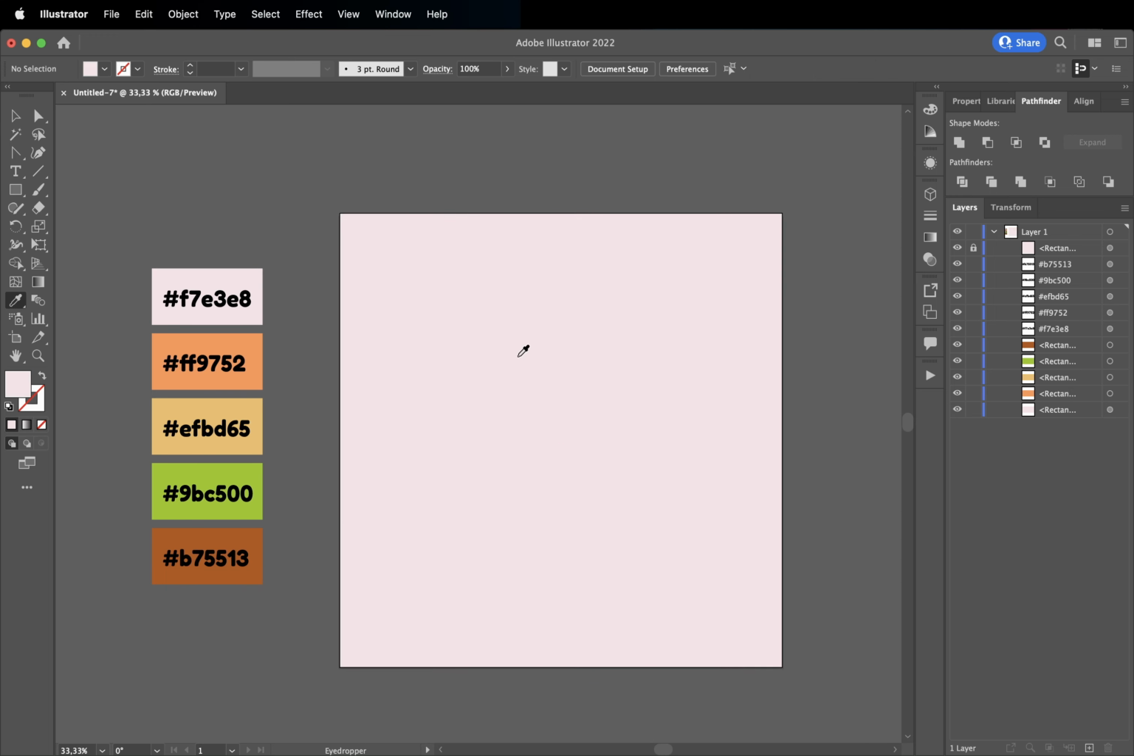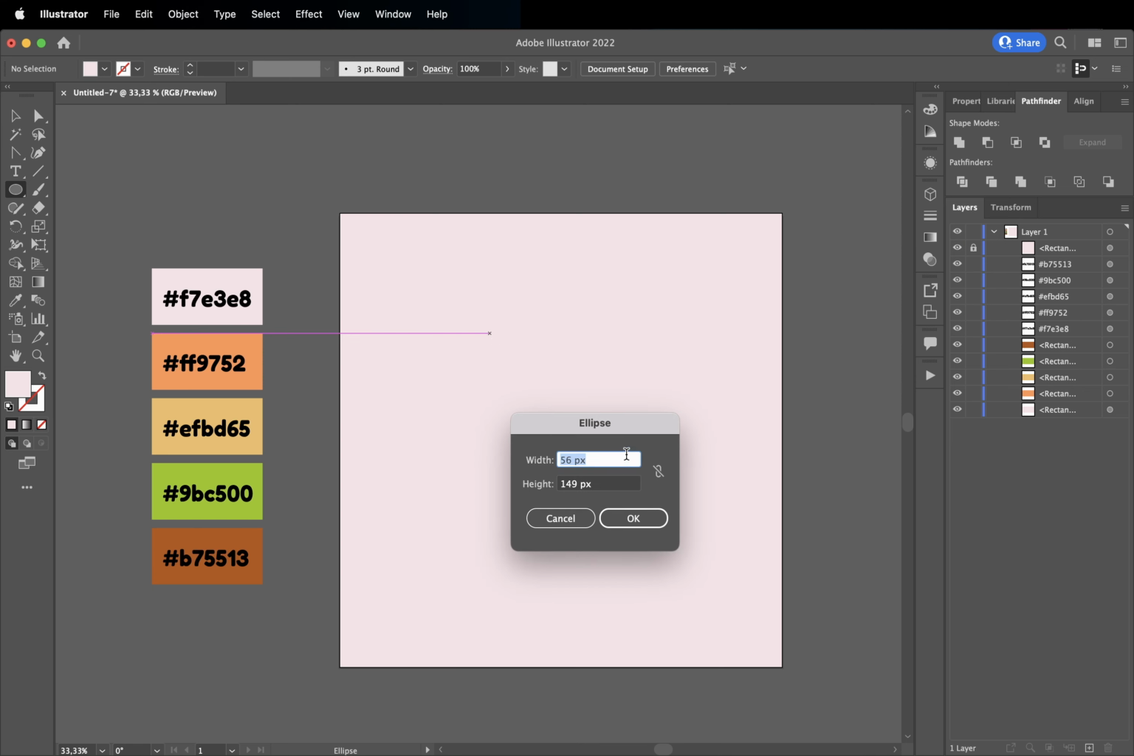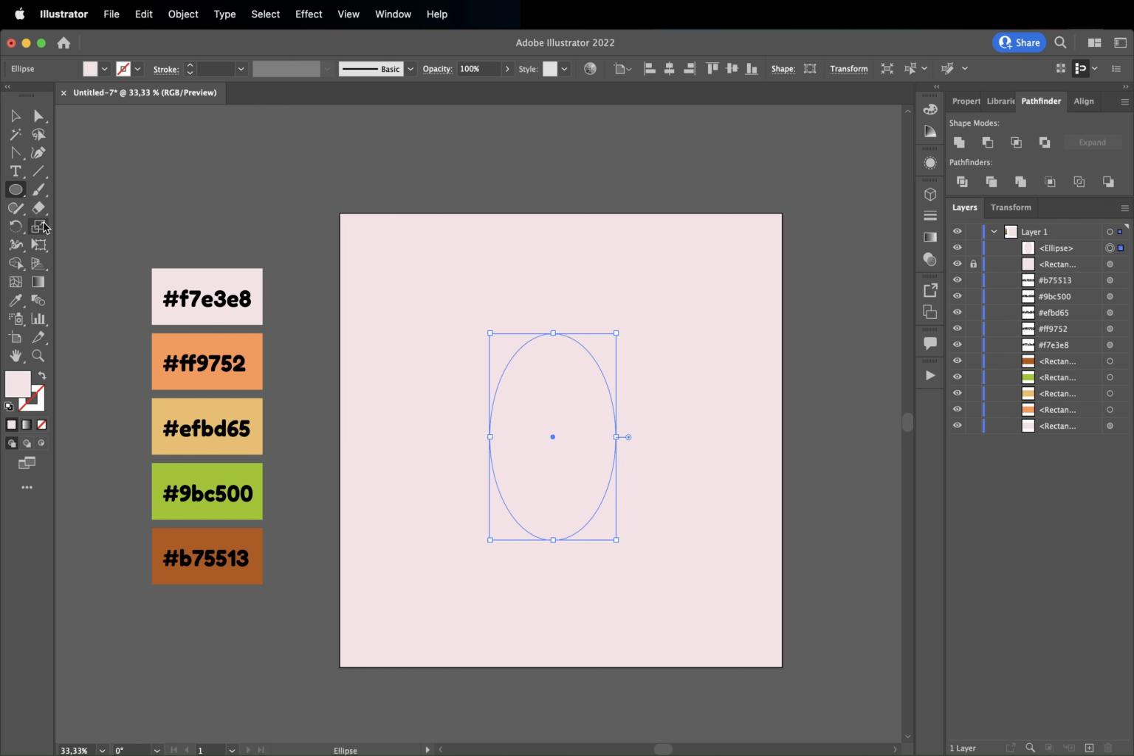Now that we've done that, let's draw a carrot. I'll start by creating a simple ellipse. To do that, I'll select the ellipse tool in the tools panel, or you can just press L on your keyboard. Now click anywhere on the canvas to manually type in the dimensions. We want the ellipse to be 285 by 455 and give it the orange color that we have in the